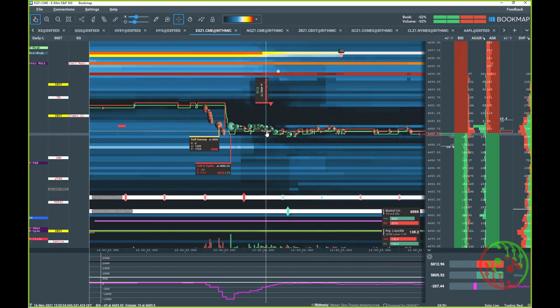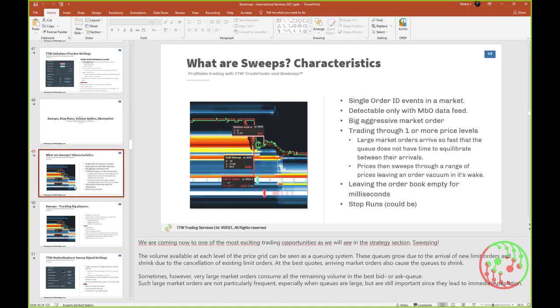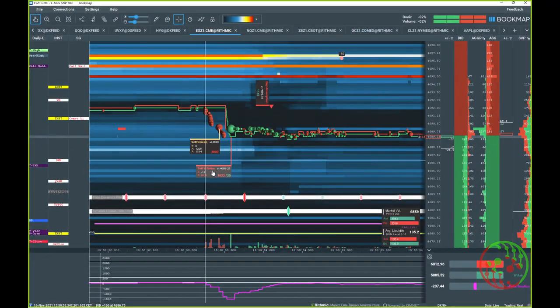We see a buy absorption of 1,518. It's not the best example, but let's look at this example in your documentation. Page 49. It's a little bit better. It's a single order ID, as I mentioned before. It's the same one. So you will see as well a volume spike.